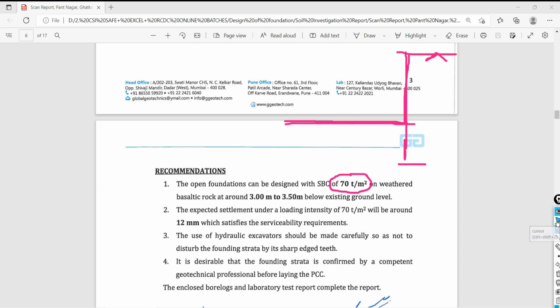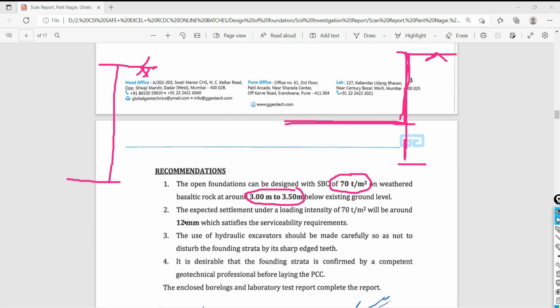So many of you may have seen this for the first time, because students are asking how we are deciding the depth of footing from the ground level. Okay, so this report will tell you up to what level you can put your footing, and if you provide the footing at that level, what the bearing capacity of the soil is. Both things will be available only in your report. Clear?